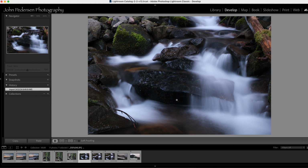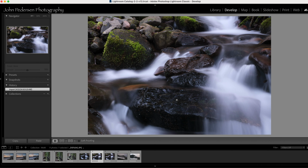So the next thing I did was I zoomed in my lens a little bit, repositioned just slightly, and I came up with this. I was able to exclude a lot of the rocks on the left and definitely exclude that log on the right. Wonderful, wonderful, wonderful. All of that stuff is great, but I don't like